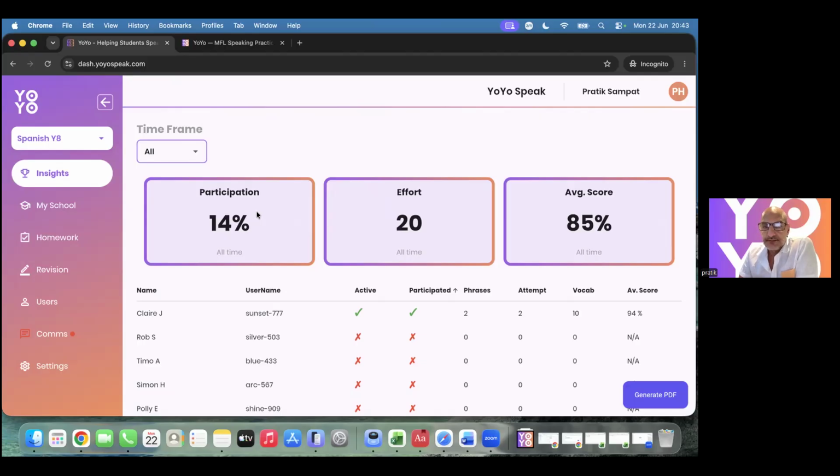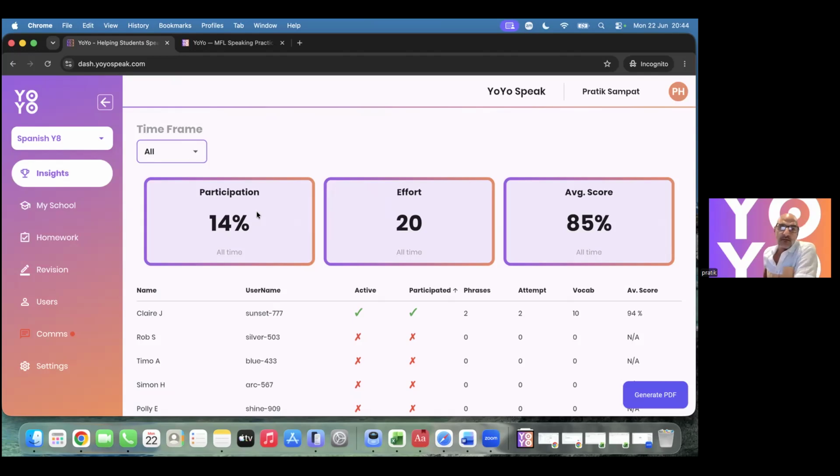Okay, okay. And then we have another question. Would you say that the read aloud activity and the dictation activity are at present the main skills that YoYo Speak is focusing on, or because you're talking about including role plays and things like that in the future, that's obviously the next progression. But in relation to supporting speaking, would you say those are the main features, e.g., helping with read aloud, dictation and pronunciation practice? That is very much the focus, yeah. Yeah, which is fine, and I think that's wonderful.